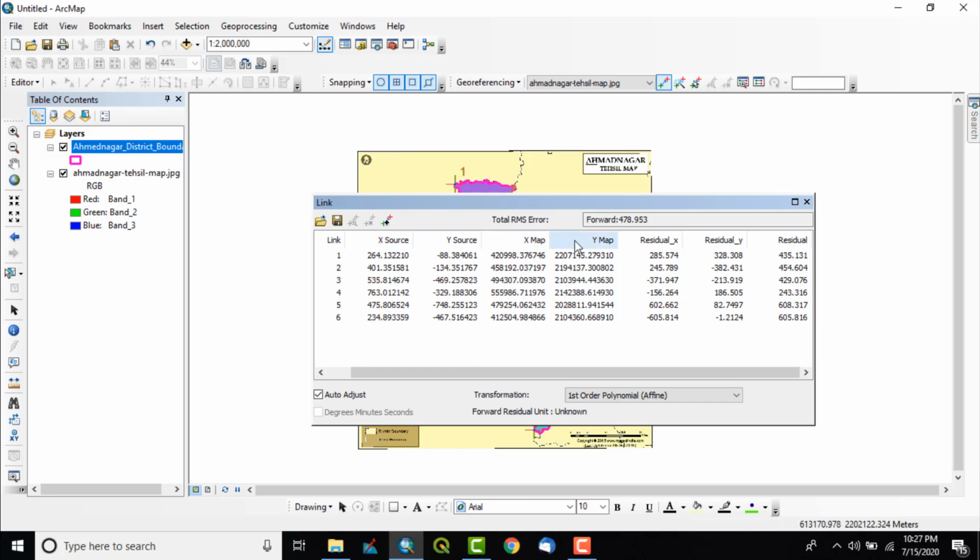These are the coordinates we have assigned. Since this is a projected coordinate system, it is not simple latitude and longitude, but coordinates of the UTM projection. And these are the residuals of X, Y and the average residual. So you can close it.